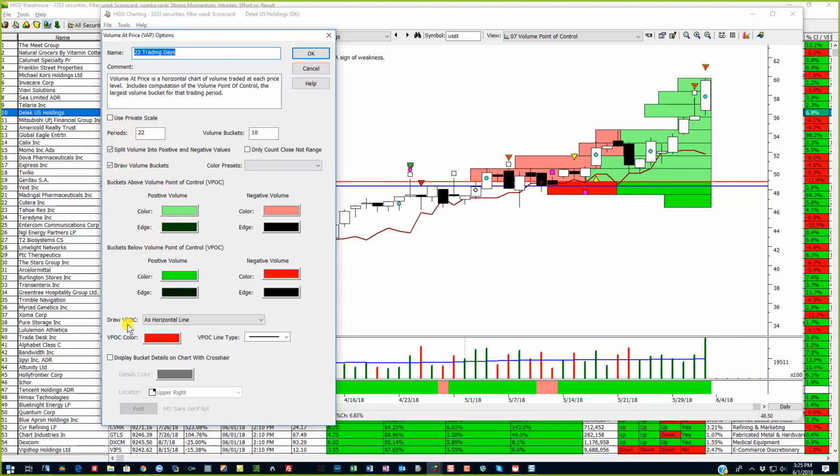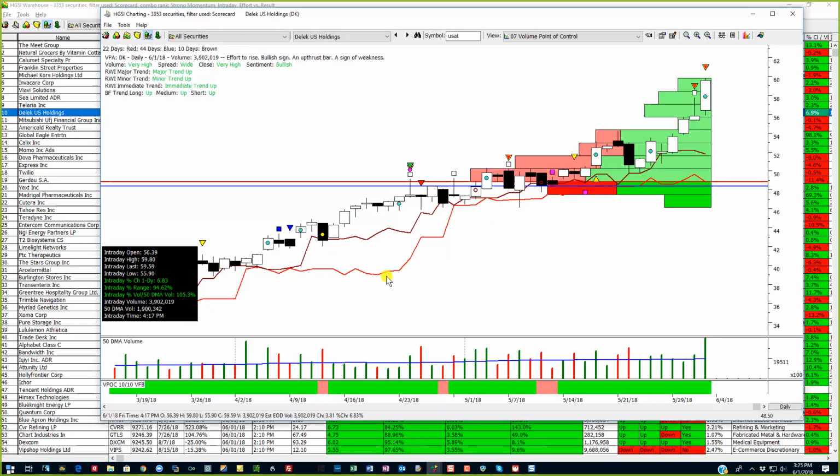Let me change this to both a horizontal and a graph line. Now this may be a little confusing, but maybe not. So what Marilyn asked me to do is you can go back. Rather than scrolling backwards, I am using the volume point of control 10 period as a graph line. It's to keep me in a stock, and it could possibly be used as a stop